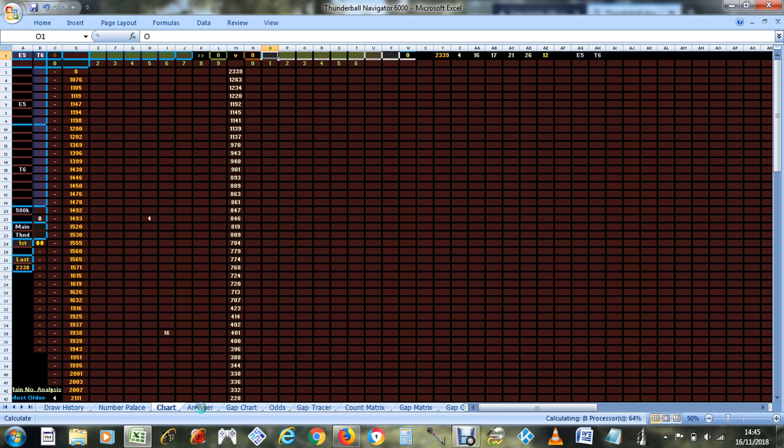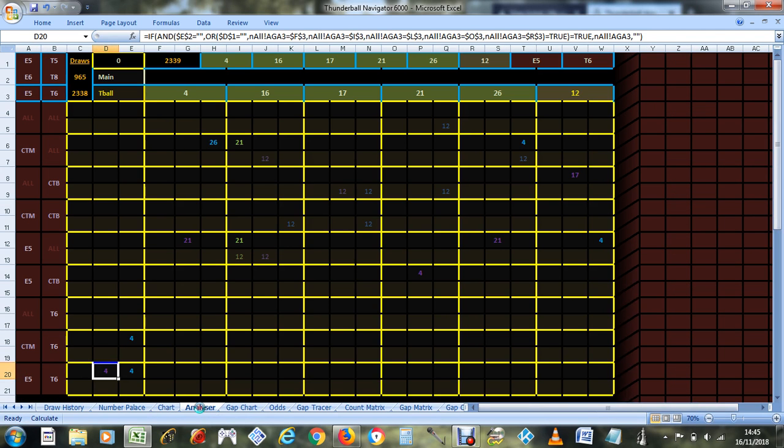So now I will look at the analyzer again. The analyzer picked that up for main number 4, and then if we look at a chart for main number 4 and the two machines that are in use at the moment, then main number 26 stood out as most overdue on that, and with machine 5, number 21 was most overdue for its frequency, which means these two numbers could have been predicted from that, and 26 also pointed to 21 in the same way that number 4 did, and these two numbers, 21 and 26,